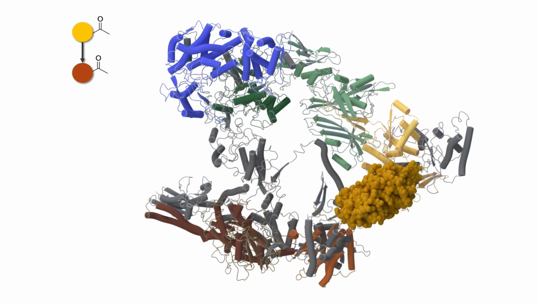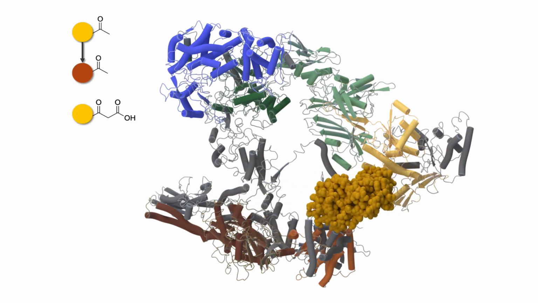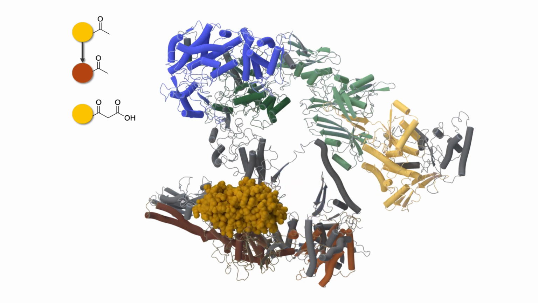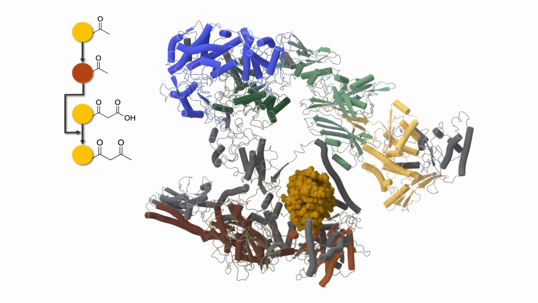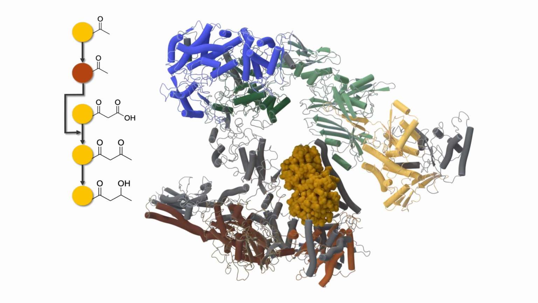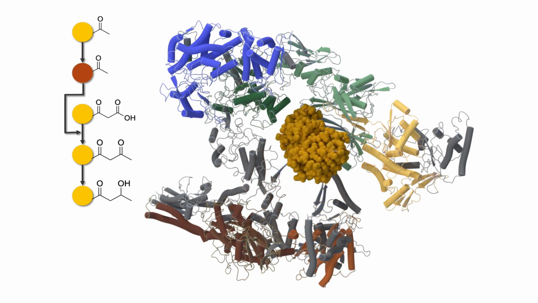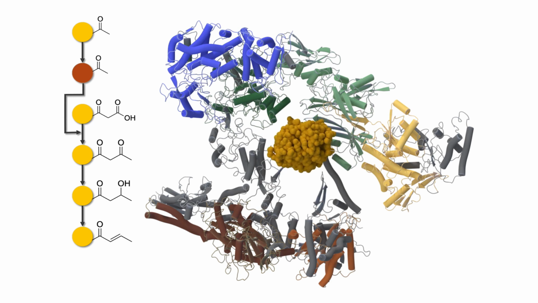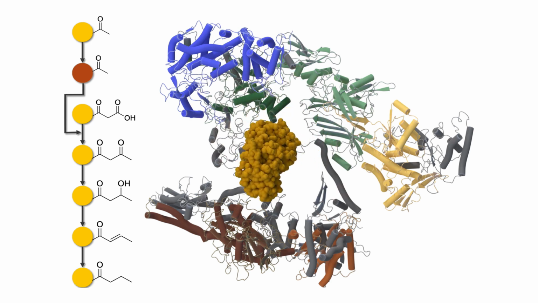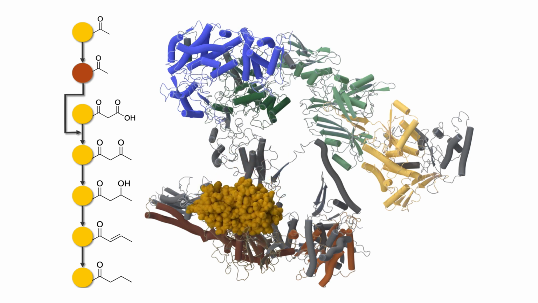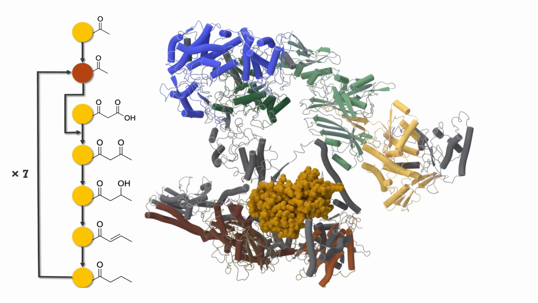The carrier then proceeds to pick up an additional 3 carbons from malonyl-CoA. One of these carbons gets ejected as CO2, whereas the other 2 carbons are added to the growing chain. The reaction intermediate is then subjected to a series of reduction and dehydrogenation reactions until the nascent chain is fully